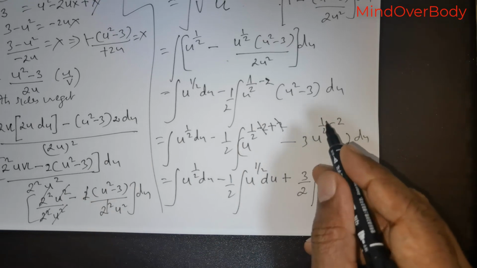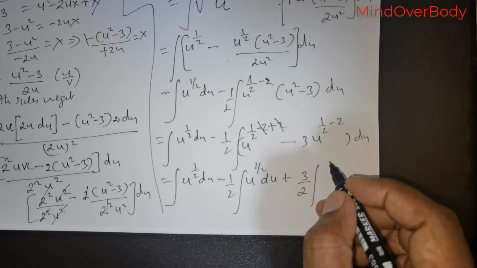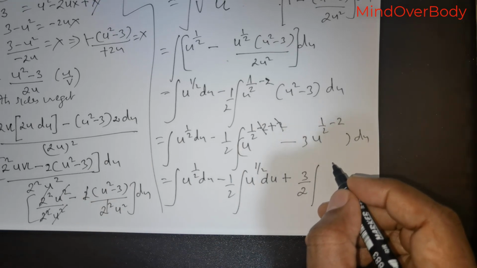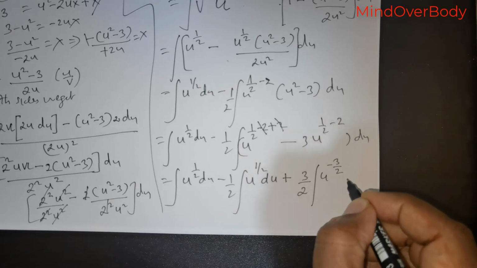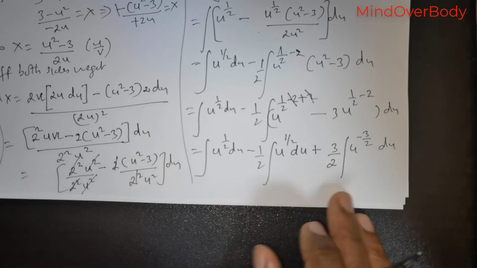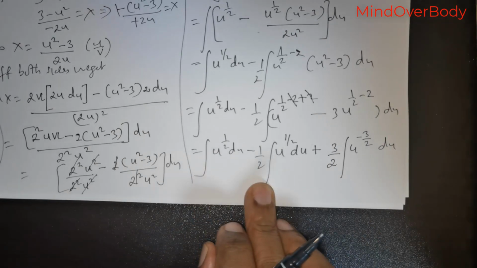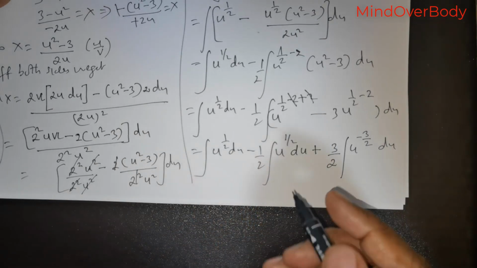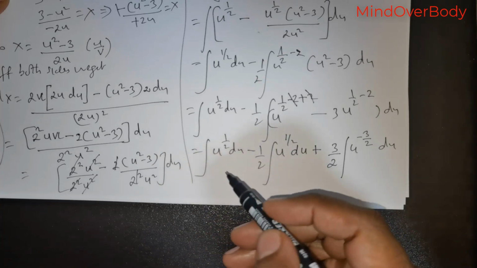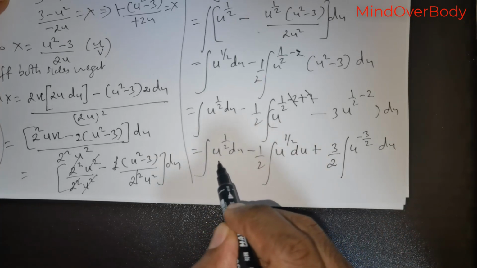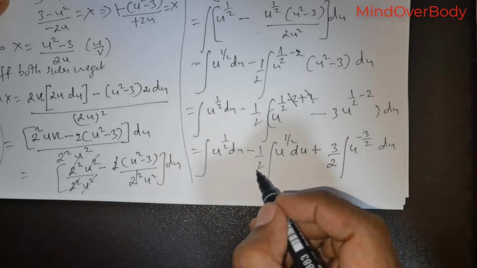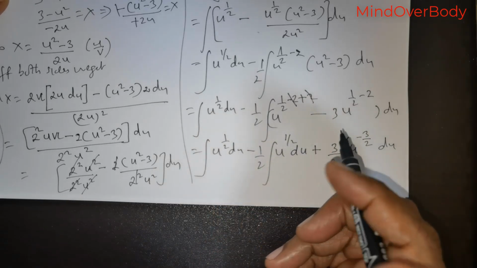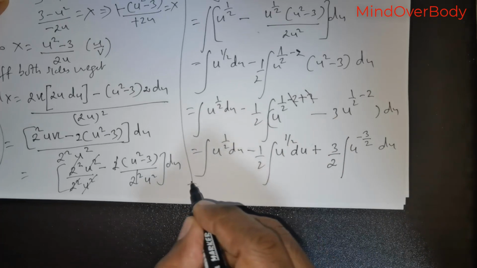Now if you simplify this, that's going to be 1 minus 4 divided by 2. That's going to be u raised to the power of negative 3/2 times du. So this is what you've got. Now what you can do is directly integrate this. Now what I want to do is actually take u raised to the power of 1/2 and then simplify it, but it's okay, you can just